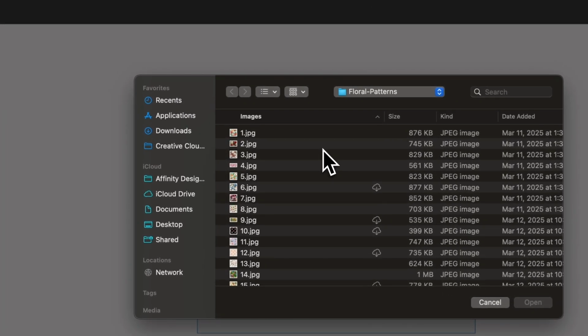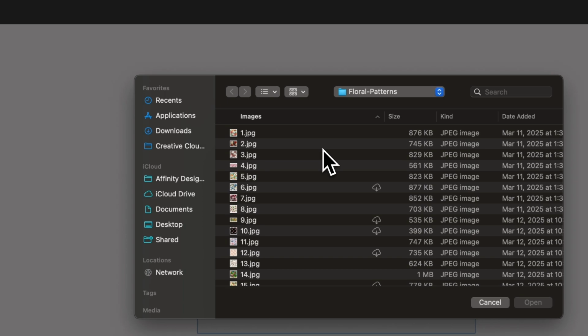Now, when you do that, it's going to prompt you to choose a file on your hard drive to use as the pattern fill, because as it turns out, Affinity Designer doesn't have any pattern fills installed in it. So you'll have to find your own patterns and download them. Or if you have your own artwork or vector drawings that you want to use as a pattern, you'll have to export it as a JPEG or a PNG file,